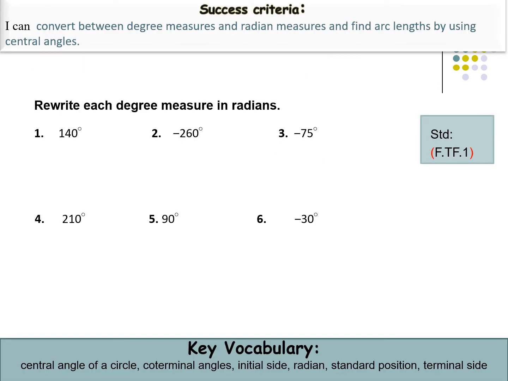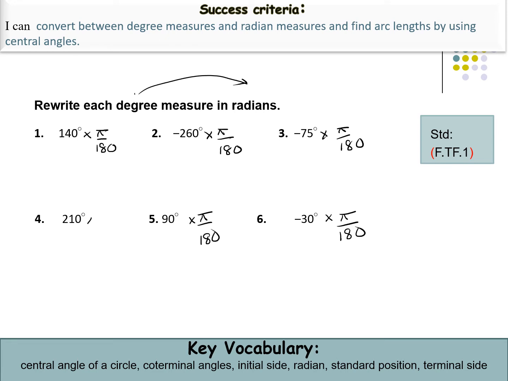The only thing is, while changing degrees into radians, we multiply everything by pi over 180. No matter whether it is written with a positive sign or a negative sign, whether it is a small number or a big number, whatever it is, you have to multiply by pi over 180. Whatever answer the calculator gives you, write it down in terms of pi.